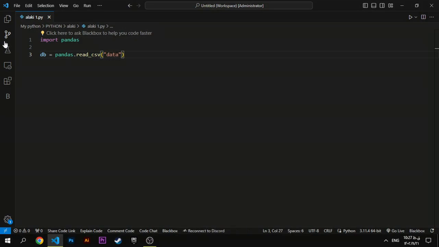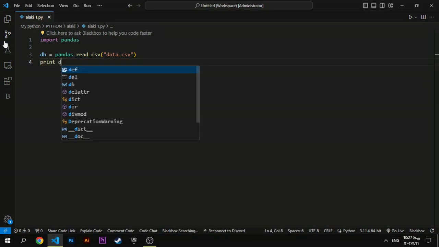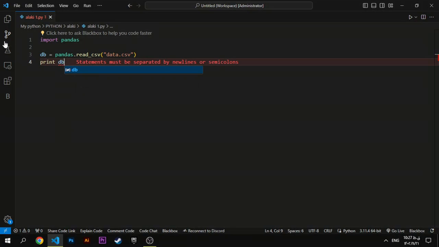For example, my file name is data.csv. And the last part is print(db). If you run it,